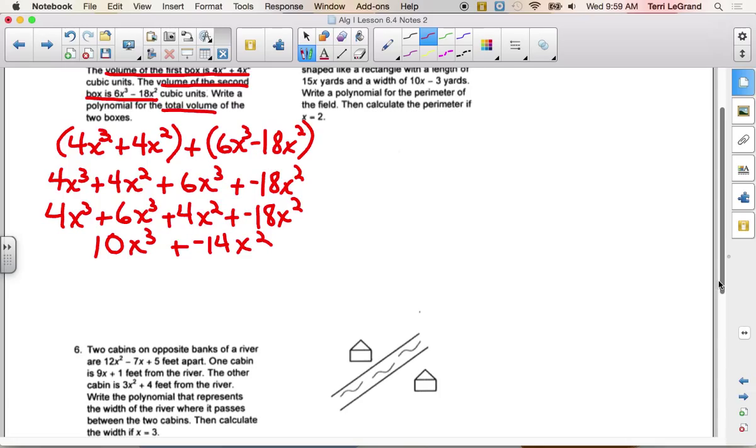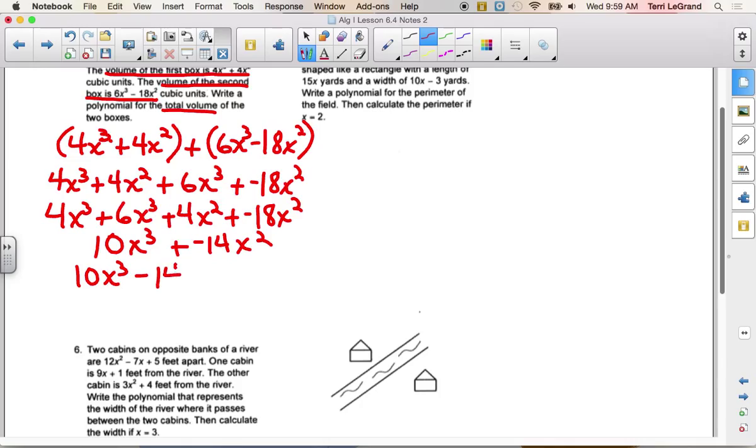When you're done, you can see if you agree with me or if you need to challenge me on any part of it. I'm not saying I'm totally done yet, but this is how far I am. How do you feel about my answer? Or your answer? Thumbs up? Okay. What can I do with this yet? Let's simplify to clean it up at least, yeah? Because I can't put those 2 terms together, can I? No, so I have 10x cubed